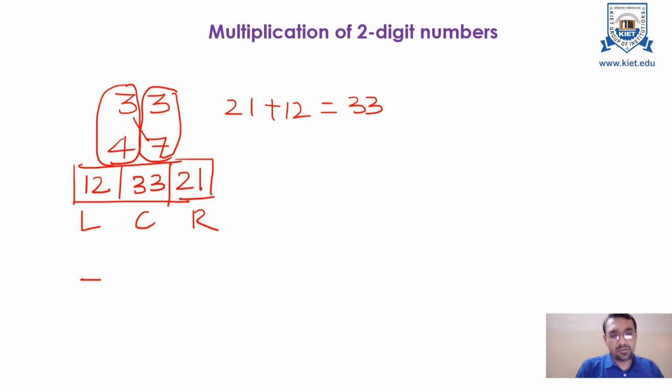Now you have to take one digit, the rightmost digit from the right box, that is 1. In a single place only one digit can occur, so I have taken the rightmost digit. The next digit you have to take as carry and add with 33. So 33 plus 2, 35. You put the 5 and take the 3 as carry. So 12 plus 3, 15. So your answer will be 1551.